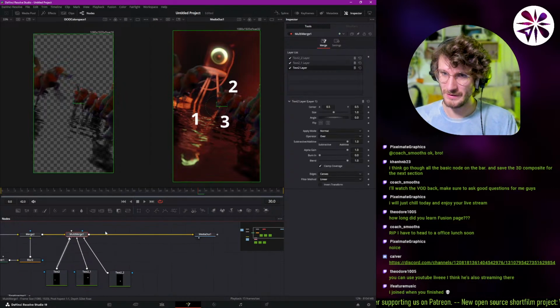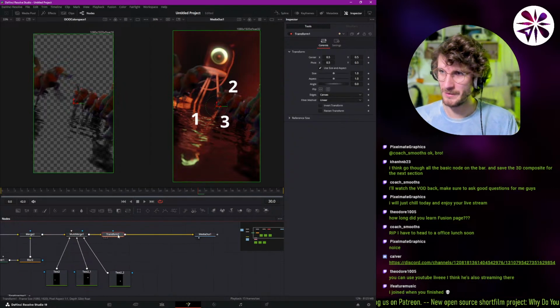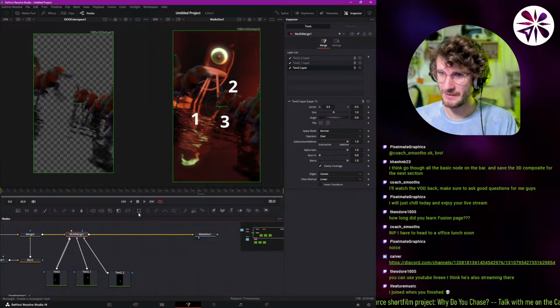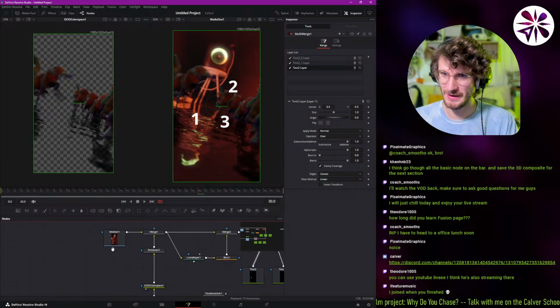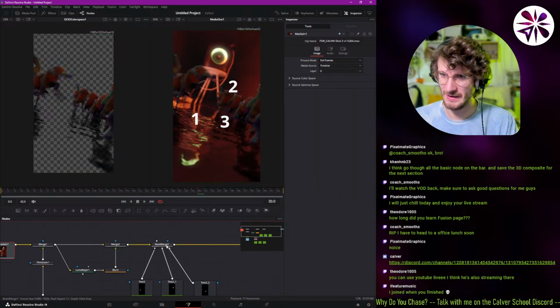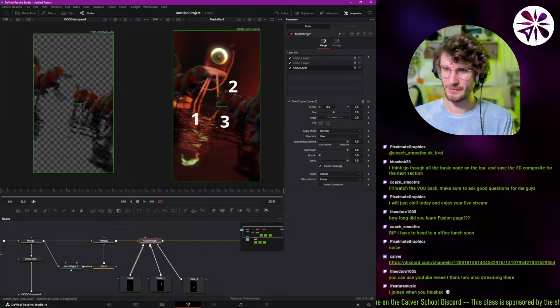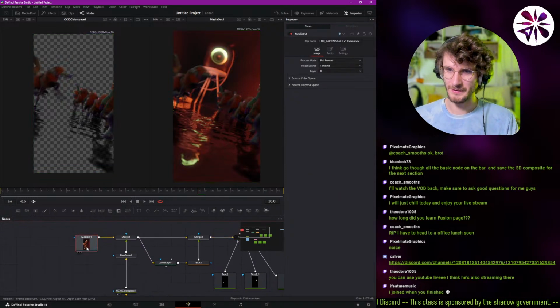Then next up we got the transform. And the transform I already showed you. It's just for moving things around. All right, now we got the masks. Let's go back into our footage here. I'll disable the multi-merge. You can disable nodes with Control P, by the way. So you can just disable it with Control P or by clicking this little icon here. Okay, let me show you the different